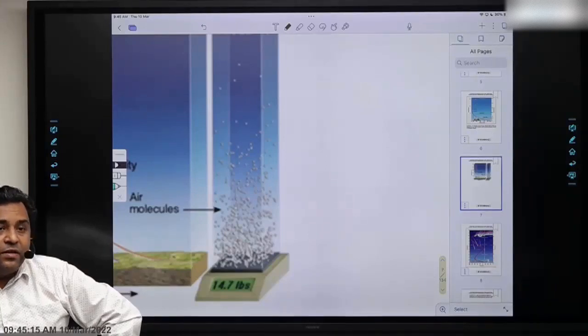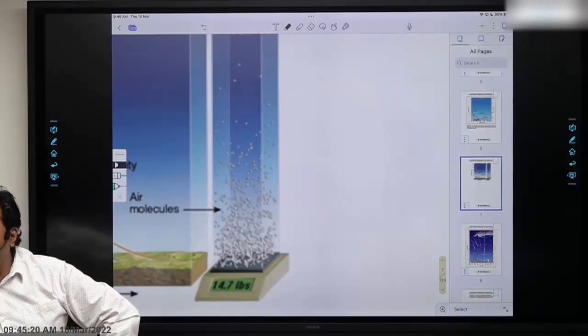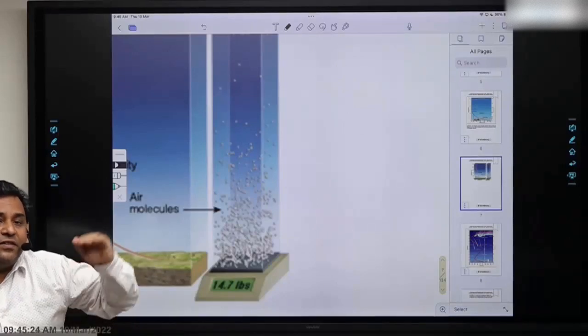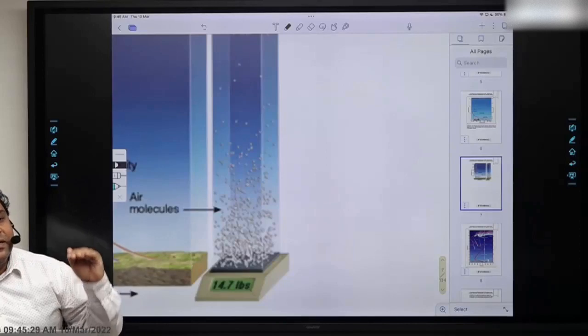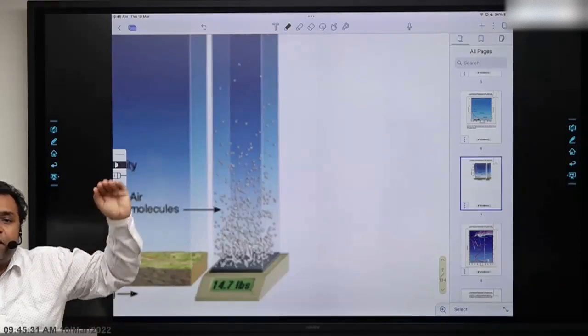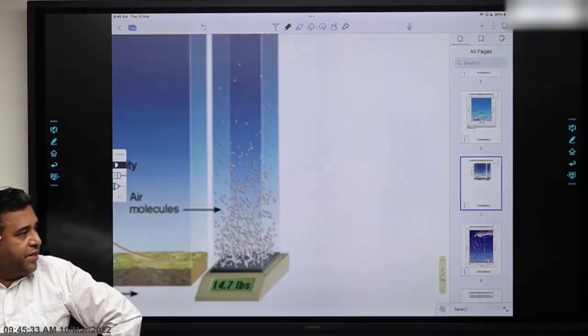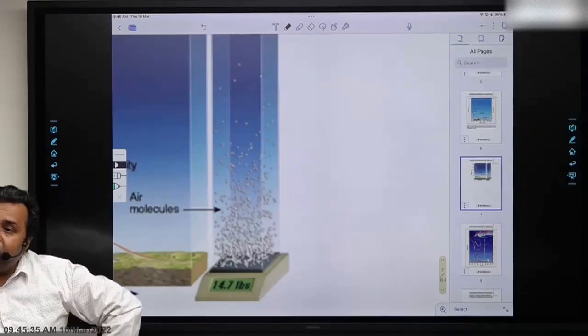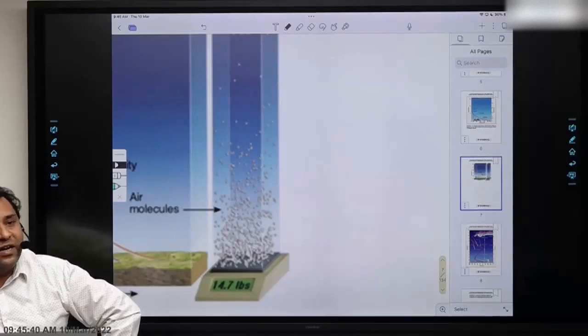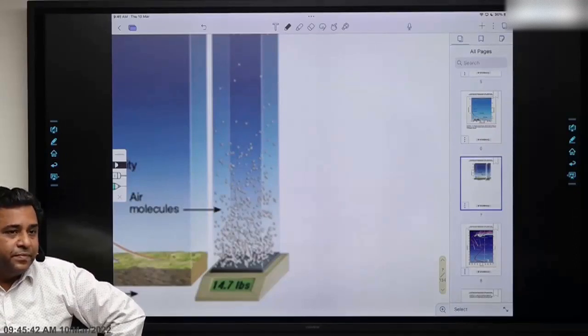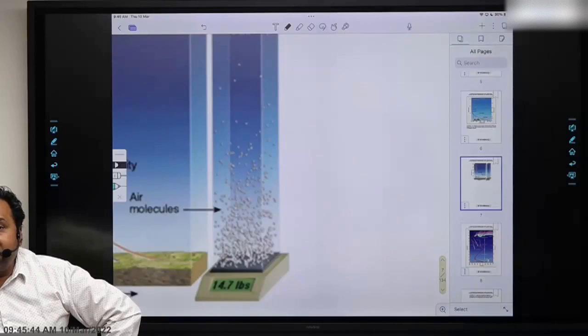Why? Because one, the gas presence is very less, right, and the effects of gravity and all also go on decreasing. So that region we call space. So for our practical purpose we have defined space as the region 100 kilometers above the ground level. Okay, so the region which is 100 kilometers and above the ground level, we start calling that space, and anyone and anything that goes up to that height, we say it has gone in space. Okay, so that level is called the Kármán line, K-A-R-M-A-N line.